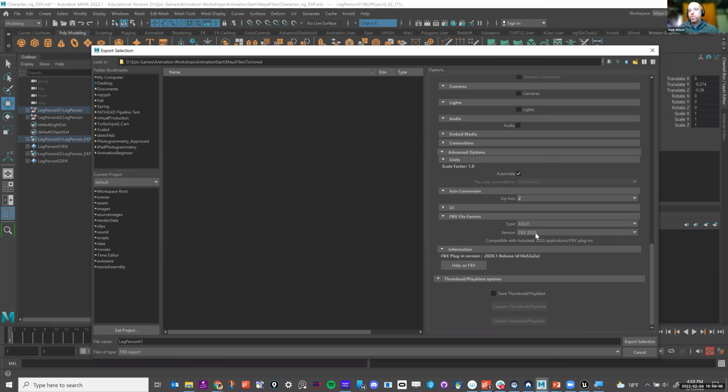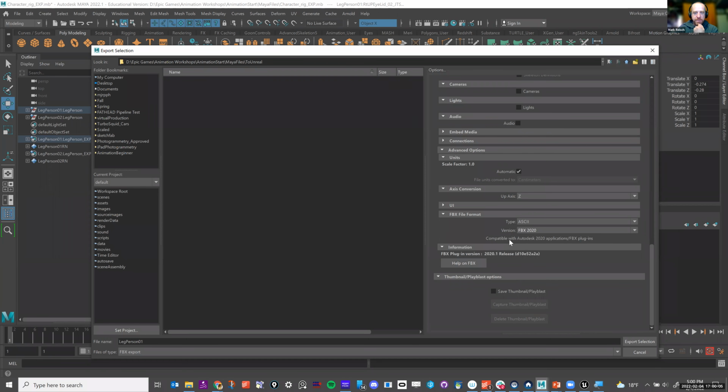Version, I've been using 2020 and it's been going pretty good, but if you don't want to try 2020, I've also found that 2014 is a very stable FBX version. So 2020 or 2014, everything else in the middle, meh, take it or leave it. Your mileage may vary on any of that stuff.